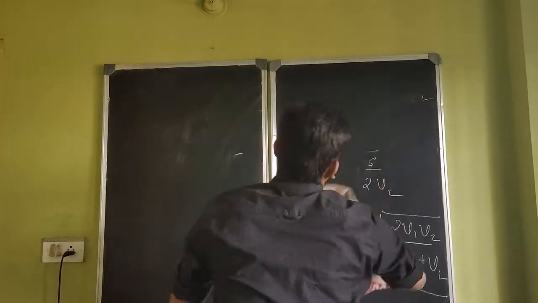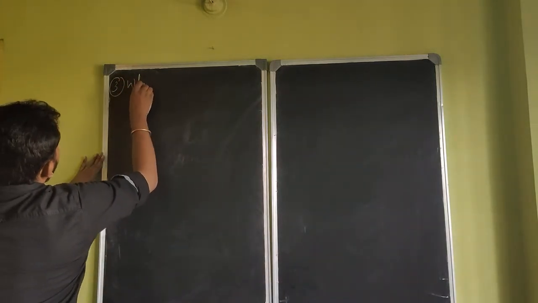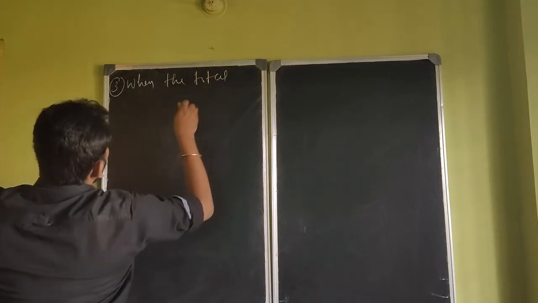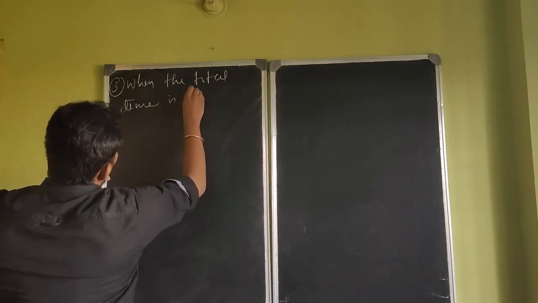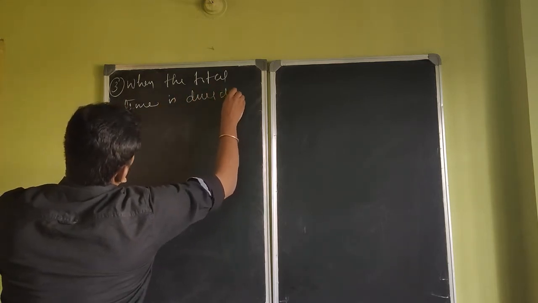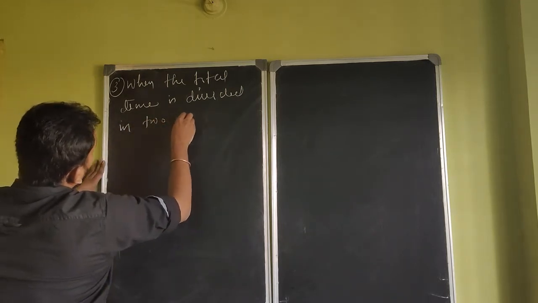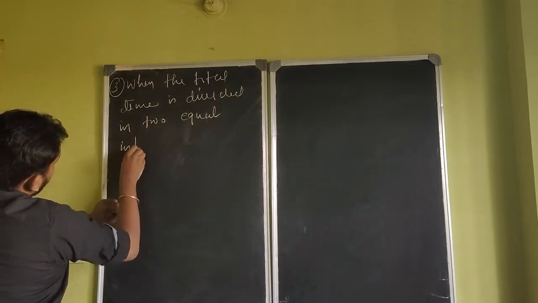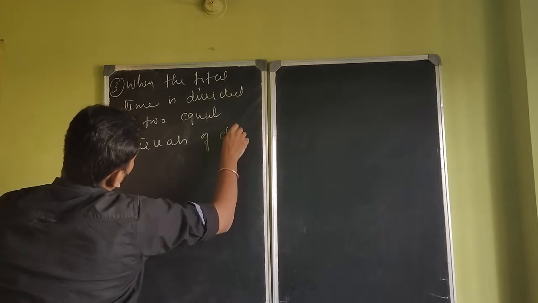Case 3 is when the total time is divided into equal intervals of different velocities,